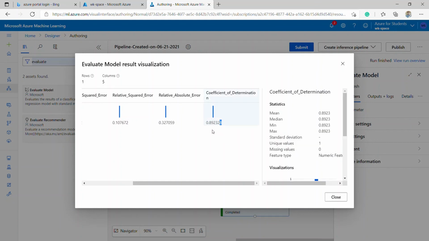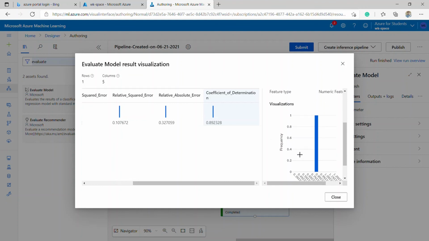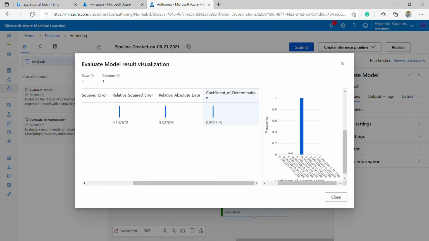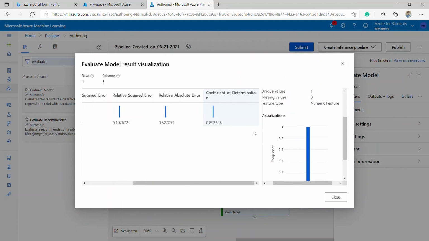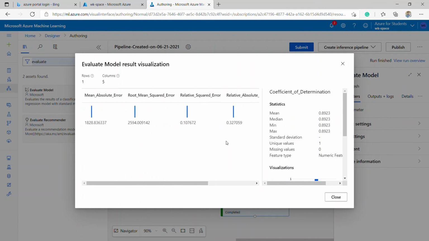Looking at the value, we have 89%. So our R squared has shown us that the model has performed with a metric of 89%. 89% is actually a good metric. This shows that our model did not do bad. It can actually be better, but 89 is not bad. Great, great,